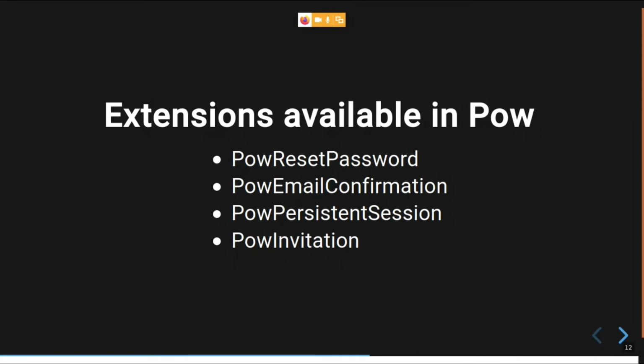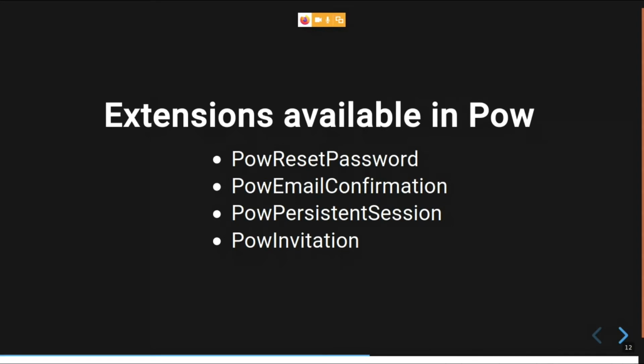No, let's continue. The next extension is POW Persistent Session. It is nothing but the Remember Me checkbox that we always see in login pages. If you check that, the session will be persisted, by default I think for 30 days.